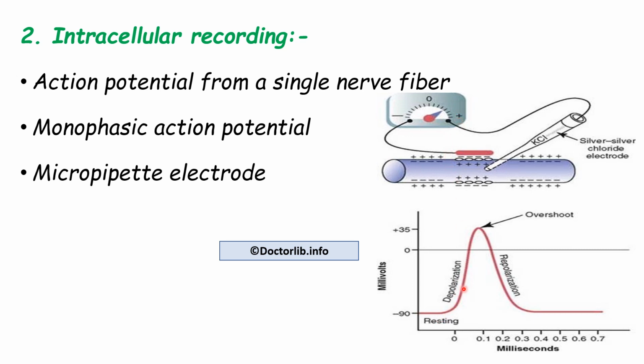Here we get a monophasic action potential. The electrode is a silver electrode. Again, to repeat, it is a micropipette. The micropipette has a diameter of less than 1 micrometer and a resistance of more than 1 million ohms, and there are two electrodes. One is the indifferent electrode. We record the potential difference between the two with the voltmeter, and then it is connected to the amplifier, and the amplifier is further connected to the cathode ray oscilloscope. So the final recording is done with the cathode ray oscilloscope.